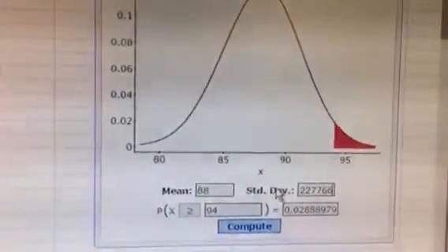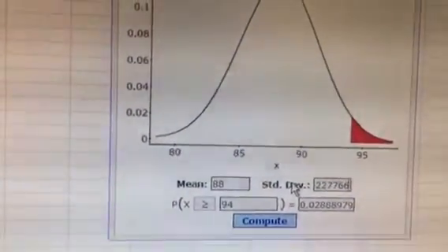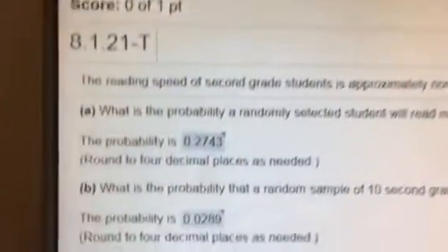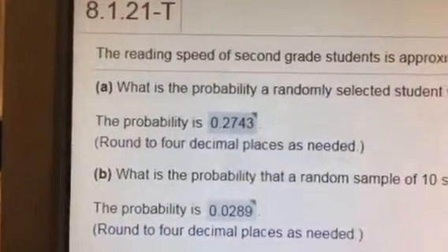So notice what happens. The mean's 88, the standard deviation is the new one. It said it wanted greater than 94, and we come up with this new probability. So here's our new probability. I'm going to write this down. We come up with